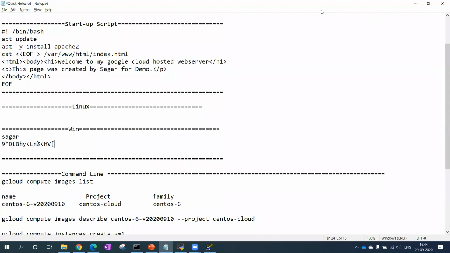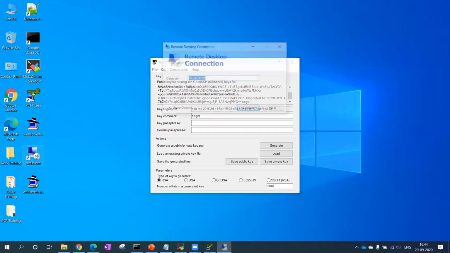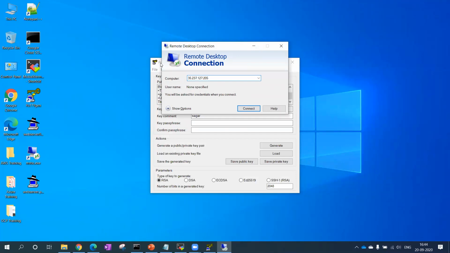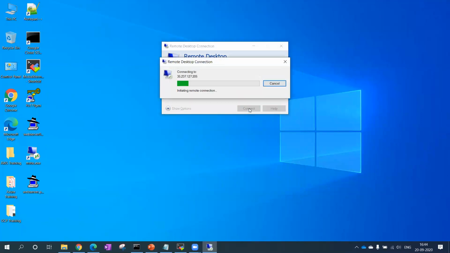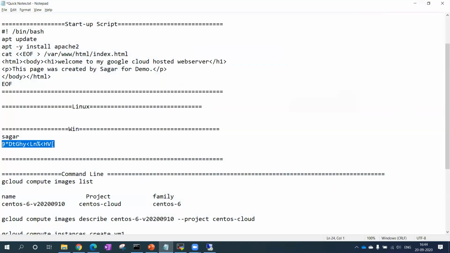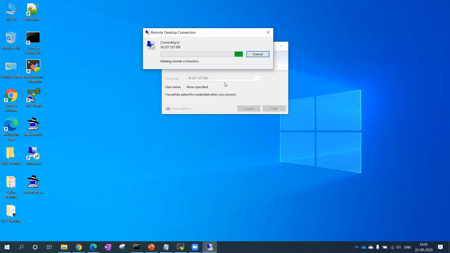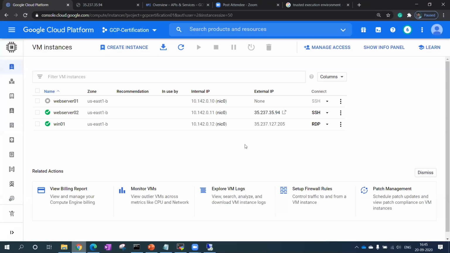And now I am taking a remote connection. I have to use this public IP. I can just go for an RDP client, put in this IP, and use that username and password. Simple as that. It's very straightforward. Actually, I'm in the default VPC, that's why everything is allowed.